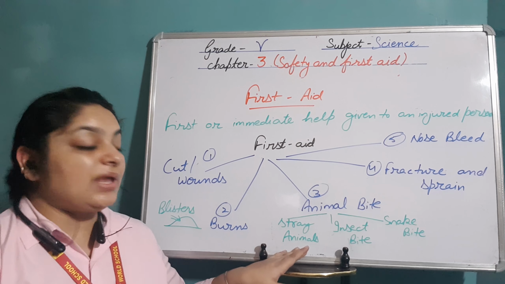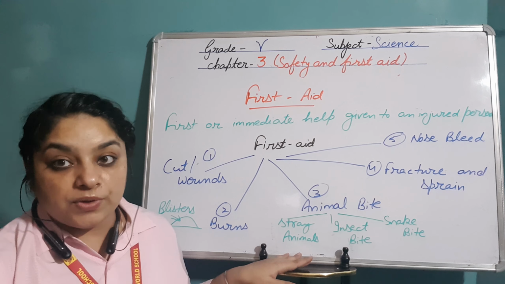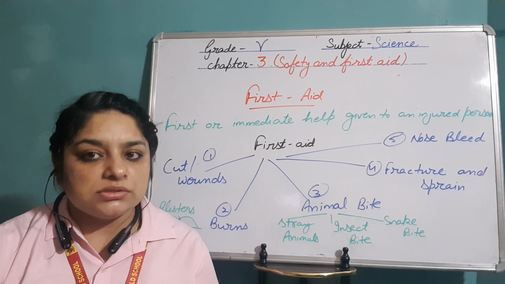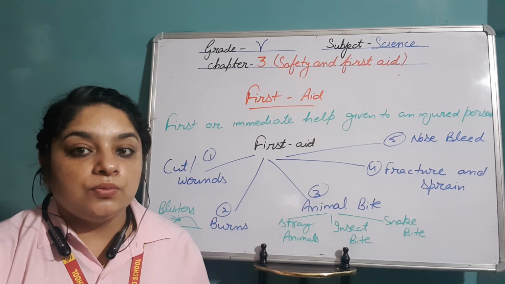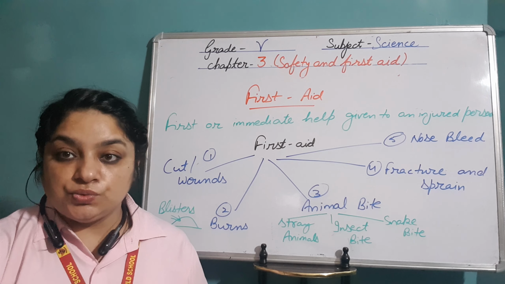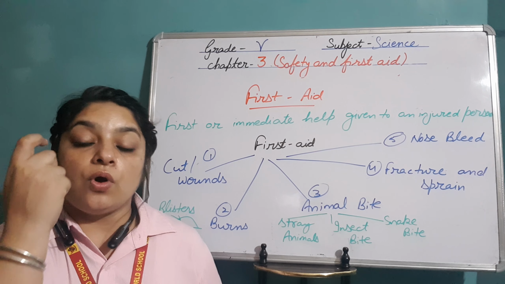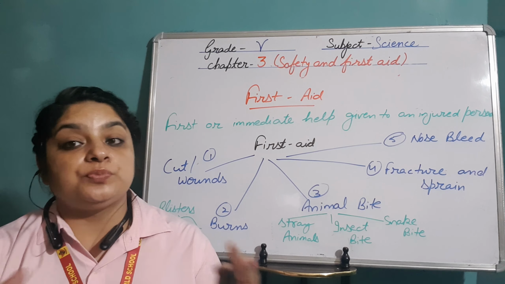So first of all, it is very important to wash that area with soap and water properly. Then apply some antiseptic liquid, such as Dettol or Savlon, to clean the germs from the skin nearby. After this, we can apply some antiseptic lotion or cream on the wound, cover it with a bandage, and then go directly to the doctor. The doctor will give you a vaccine in case germs have already entered the body, so that those germs will not spread and will not result in the disease rabies.